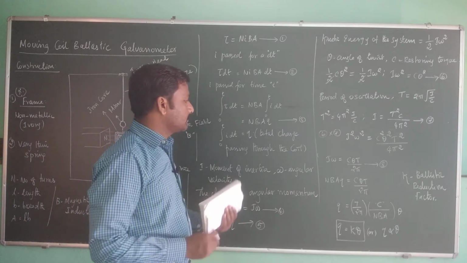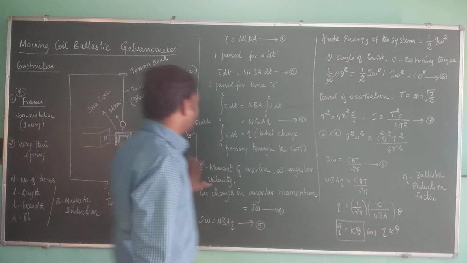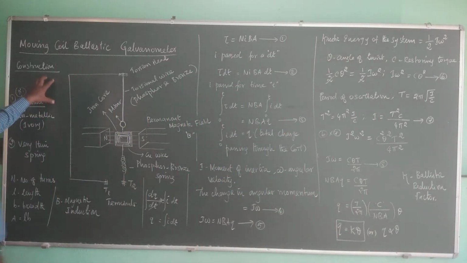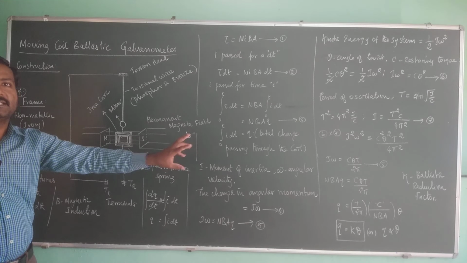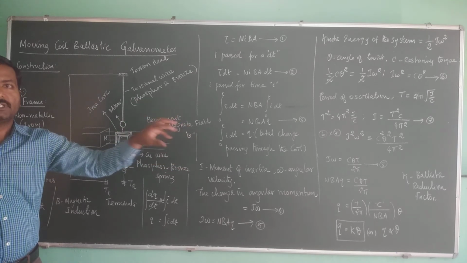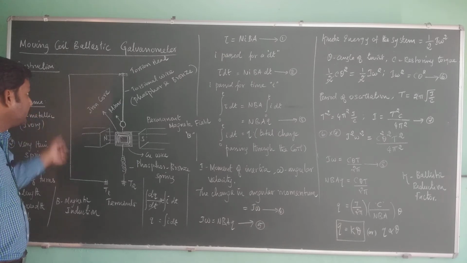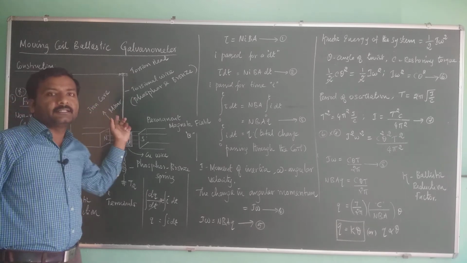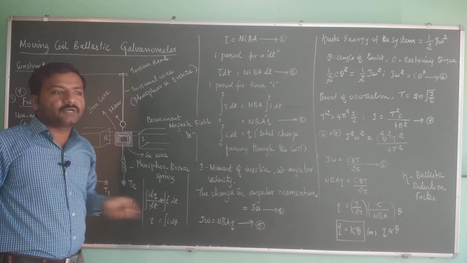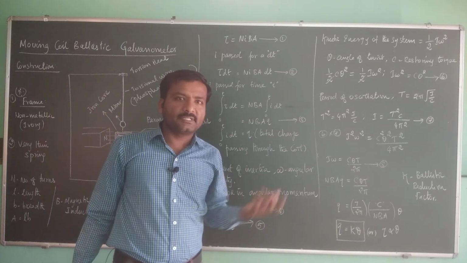What is that? What have we inferred from this equation? In the moving coil ballistic galvanometer, at the end, what have we obtained? We have obtained the total charge passed through the coil when a current is momentarily allowed to pass into it. Right? Earlier, in the moving coil galvanometer, what we calculated was for a steady state current passed, and we measured the amount of current.